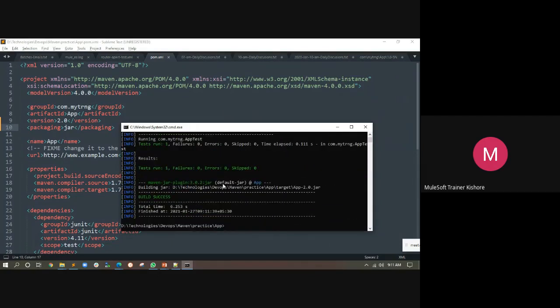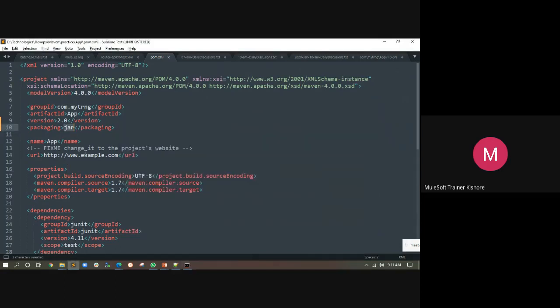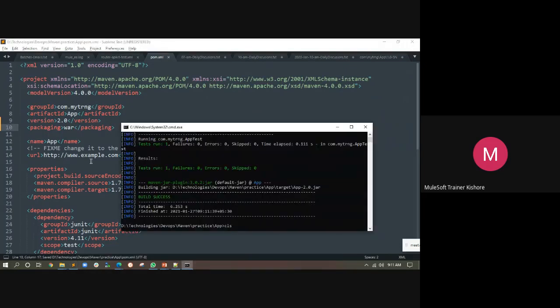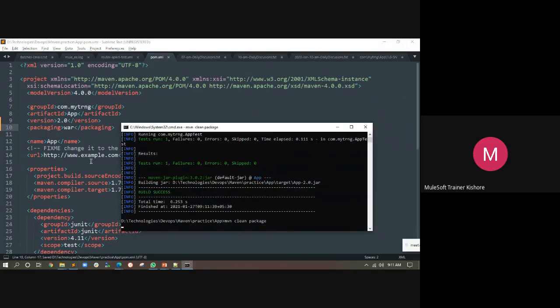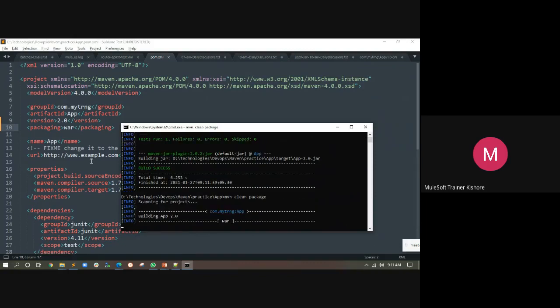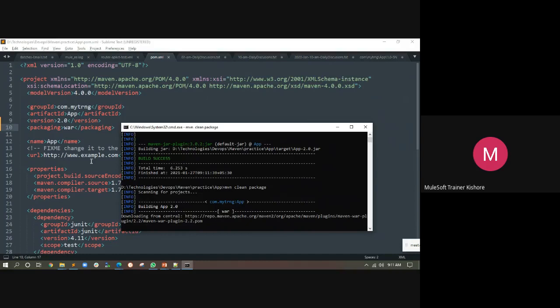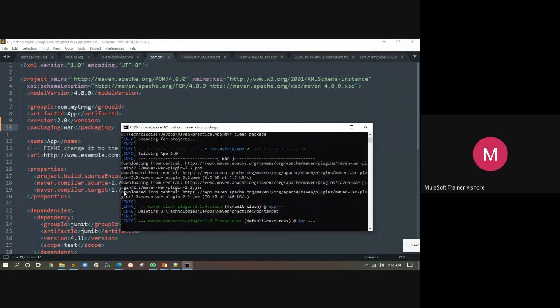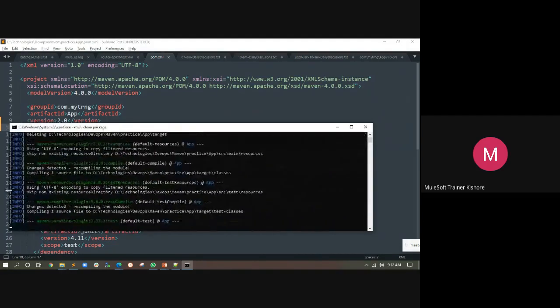Default packaging, see here, default jar is the packaging type. Let's go and do it as WAR and see whether it will work or not. I'm not sure, but I'm giving it a try. WAR is a web archive file. It looks for some of the folders. See here, it is downloading the required jar files.